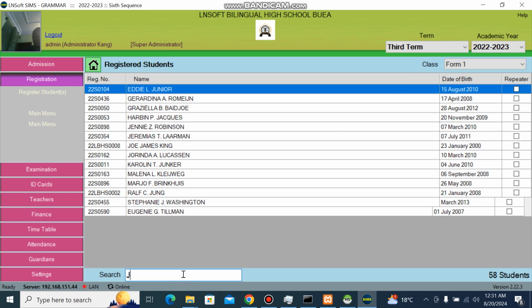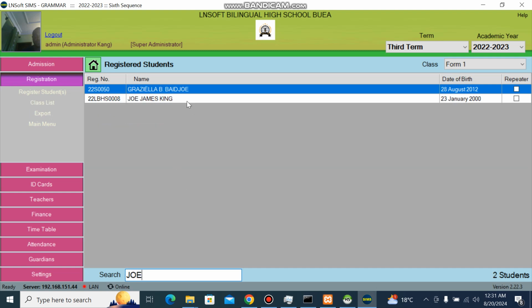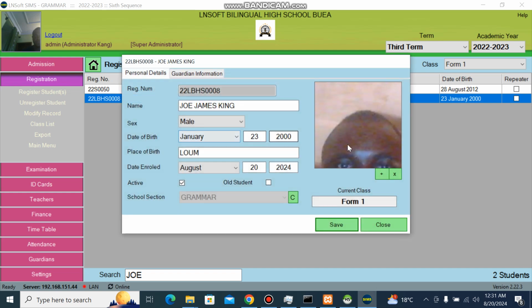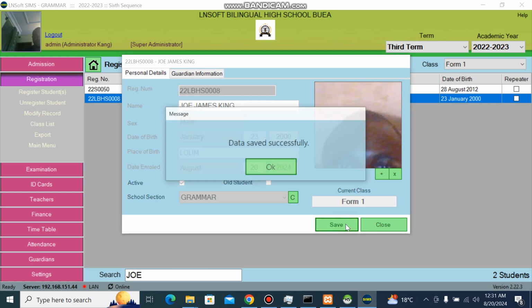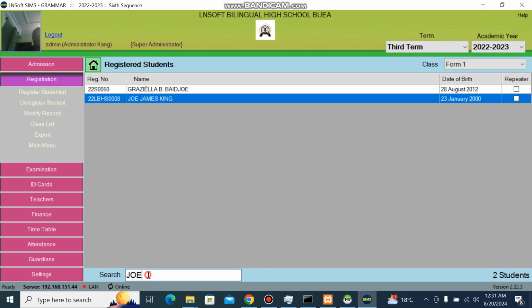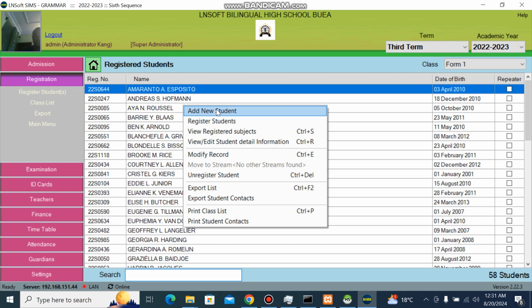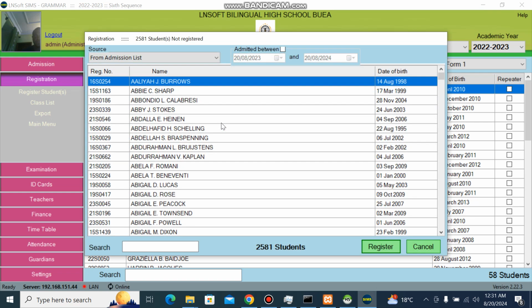Let's search for that name, Joe James. That's the name. So you can right click there, you see if you edit. Alright, so on the same page you can right click, add a new student. You can register a student